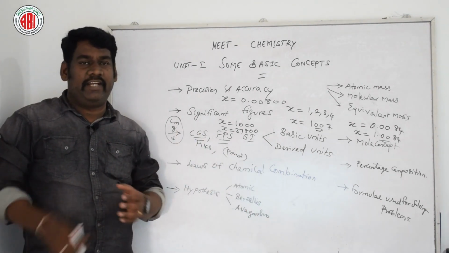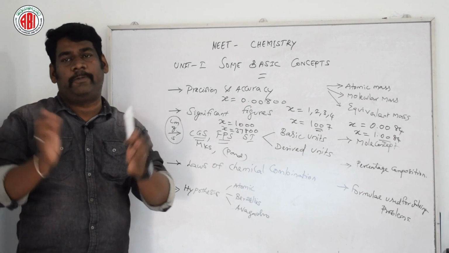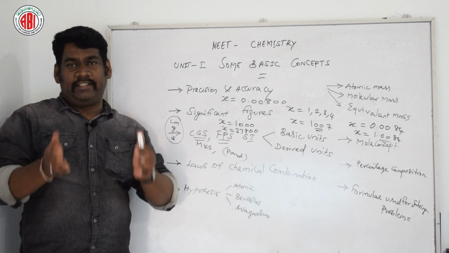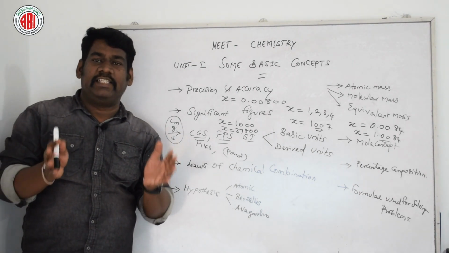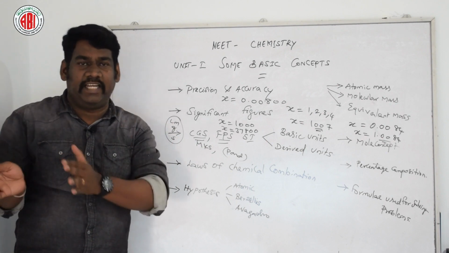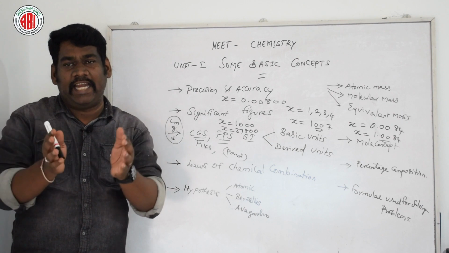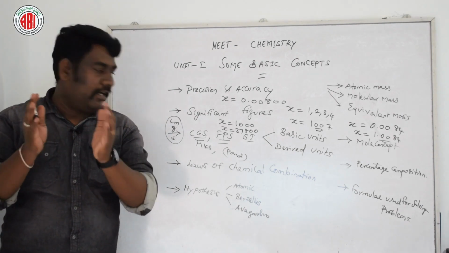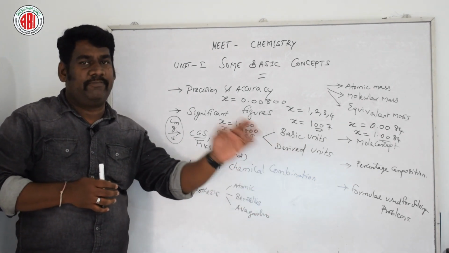The other law which we are discussing is the law of equivalent proportion or law of reciprocal proportion. This was proposed by Richter. According to this law, the weights of two or more elements which separately react with the same weight of a third element are also the weights of these elements which react with each other, or in a simple multiple of them. So this one is similar to the law of multiple proportion.